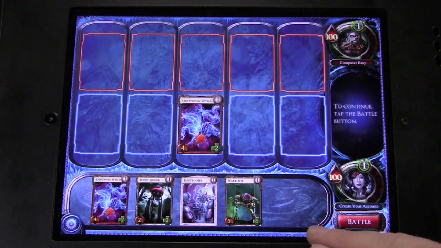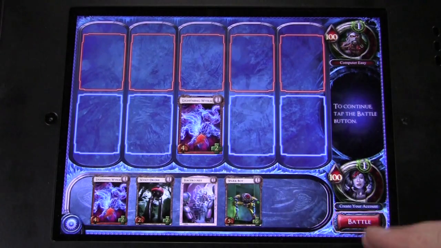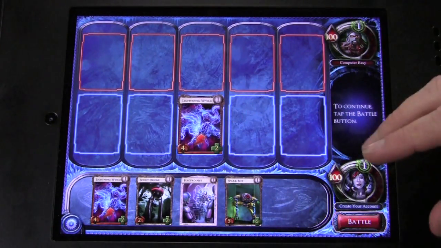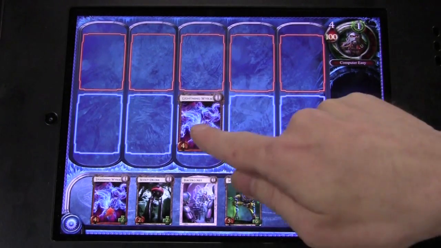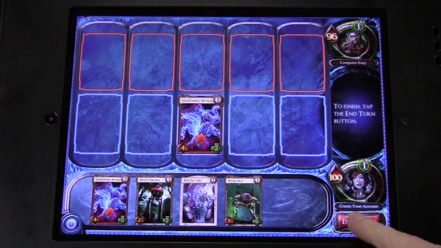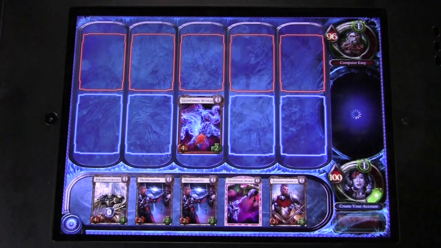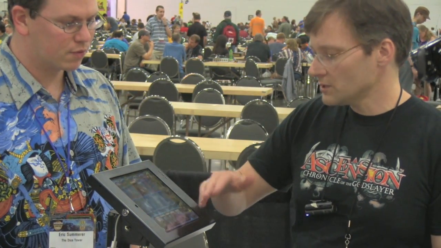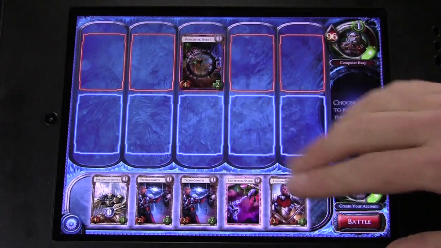At some point during your turn, you have to press the battle button, and when you press the battle button, all the creatures will attack on both sides of the table. So if I press battle, this guy attacks, and my opponent's score goes from 100 down to 96. Then I press end turn, and the computer player will take its turn. And we can see that he played a creature, pressed battle, the 2 creatures fought each other, and then he